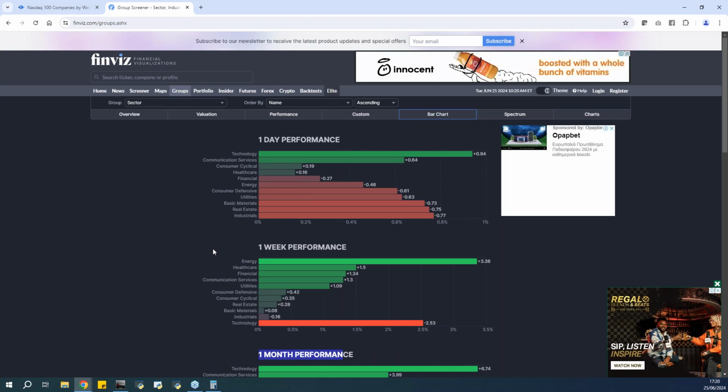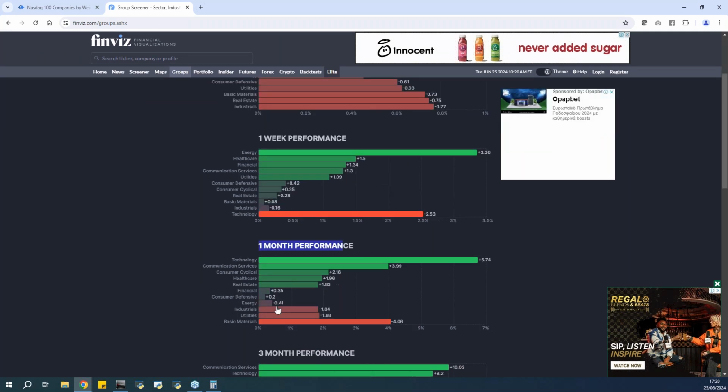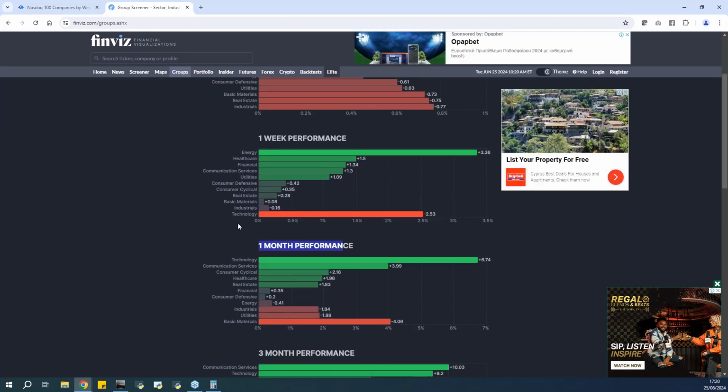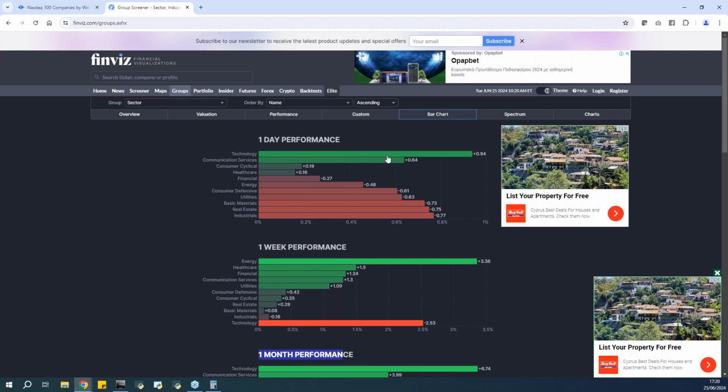What I want to see is that this technology sector is performing well. Yes, the NASDAQ isn't 100% only based on technology, but nonetheless, the exposure is to growth stocks and the technology sector. And I can see today, ladies and gentlemen, even though the technology sector this week was poor, it's the best performing today. So I can definitely see that investors are entering at that lower price, because